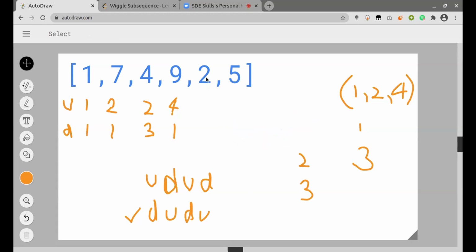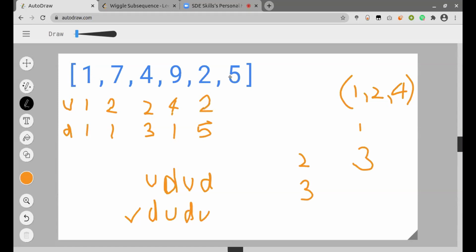So similarly, for 2, we will get to know that 9 2 makes it a decreasing sequence. So I'll take the value of the increasing sequence till 9, which is 4. So I'll just take this as 5 here. And the maximum value of the increasing one would be 1 2 only. So I'll take the decreasing sequence till 1 and add 1 here, so it will be 2.